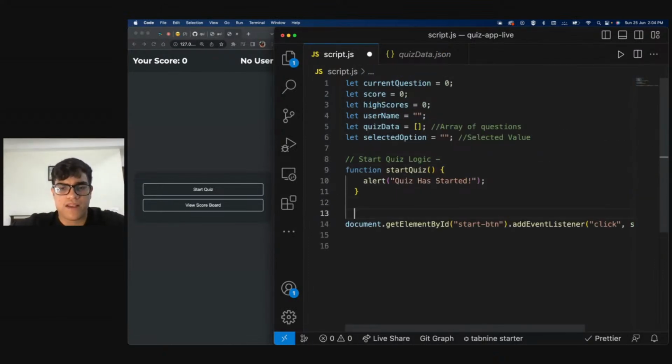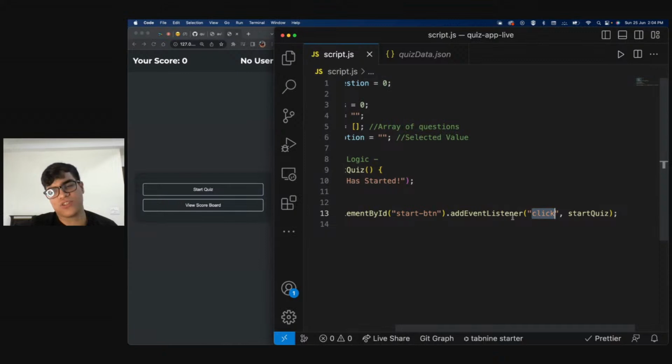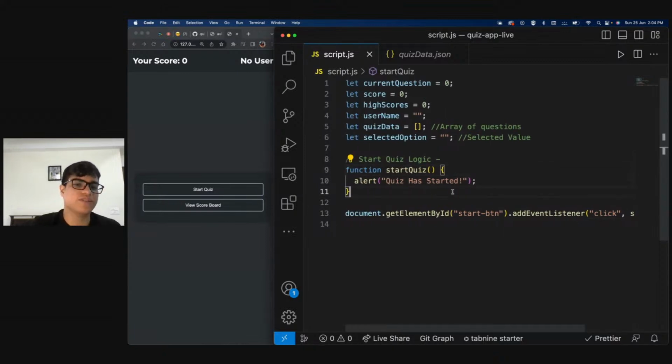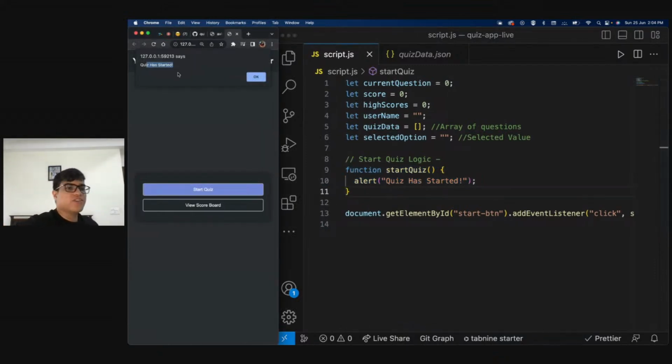Okay, so have a look at this. Basically, we got the element by ID start button and added an event listener called click. So on the click of this, we'll be running this function called startQuiz. What is startQuiz? Startquiz is this function, right? So as soon as I click on this button, I get an alert that the quiz has started.